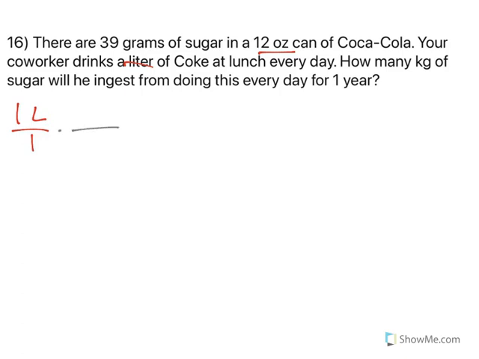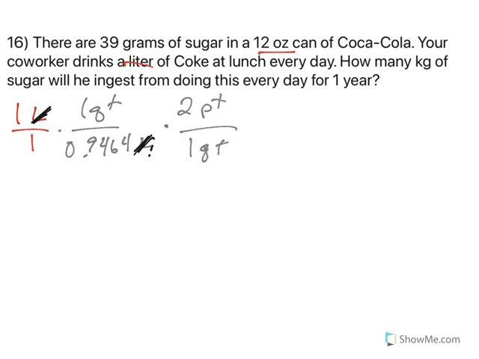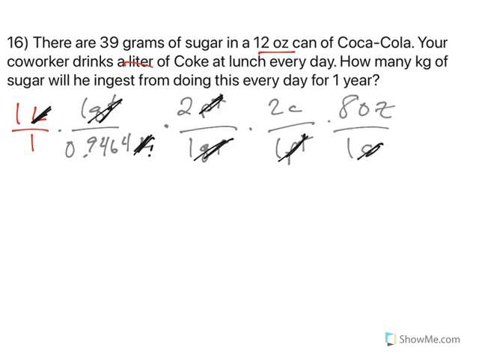So we're going to change 1 quart is the same, and there's more than one way to do this problem, just FYI. But this is how I did it. So that puts me into quarts. Then from quarts, I know that 1 quart is 2 pints. That takes me out of quarts. I know that 1 pint is 2 cups. That takes me out of pints. And then I know that 1 cup is 8 ounces. So by doing this, 1 divided by 0.9464 times 2 times 2 times 8,